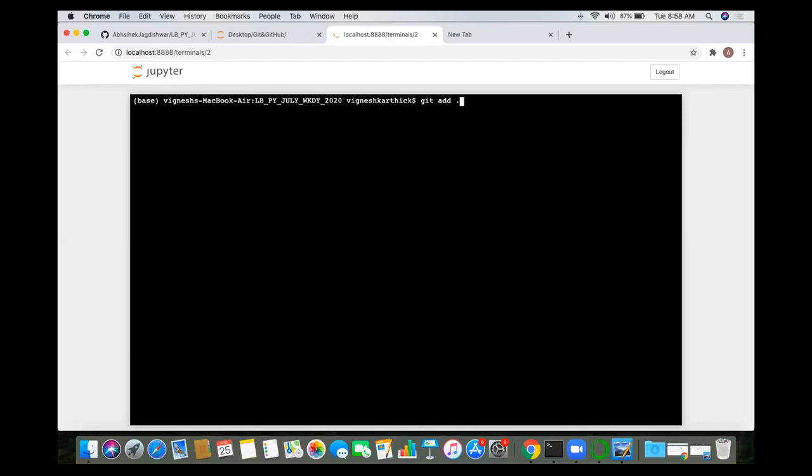Let's say you have created one file f1.py in this current location. Then you can write f1.py and only that one file will be moved from untracked to tracked. But I want all the changes, the folder I have created and the file also, to move to the staging area. So I'll just write git space add space dot, and it will move everything to the staging area.